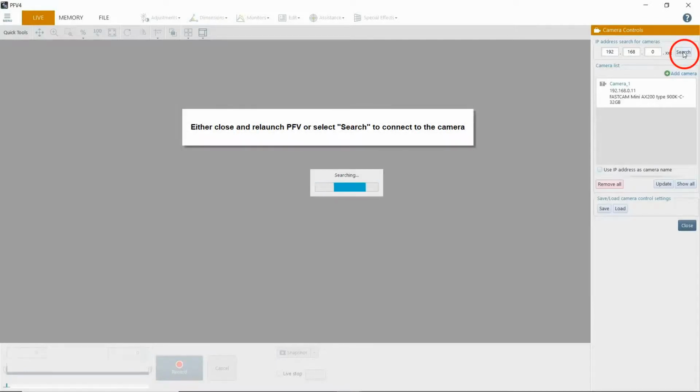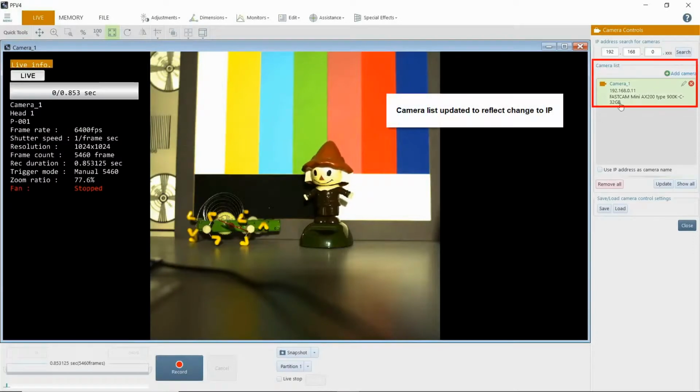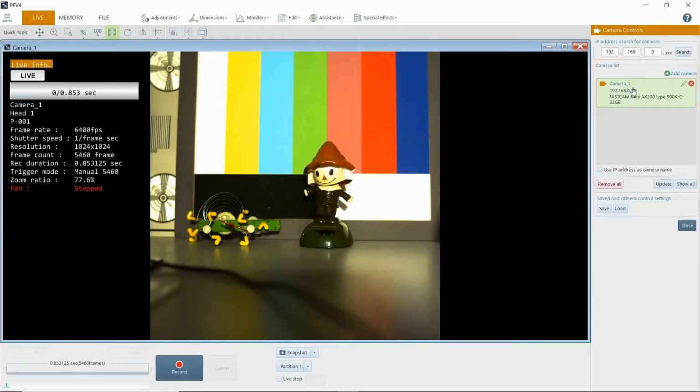Click Search. And here you can see we're now attached to 192.168.0.11. The IP address change has taken, and the camera is now